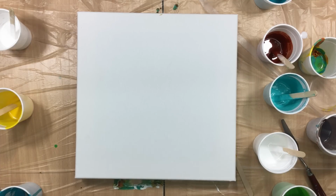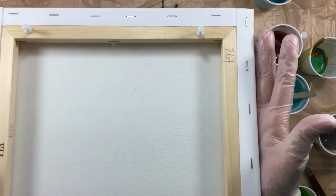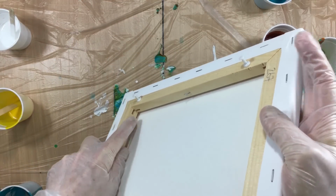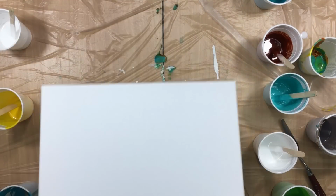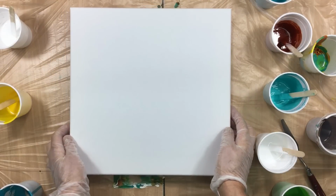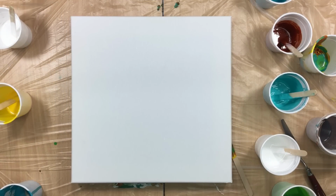Here we go. So like I promised, ooh, let me see, what's this? Can you hear it? That's a sign that it's pretty well stretched, and it doesn't even have the little things in the corner, but if you can hear it, it's like a drum. So that's a sign that it's very well stretched. So I'll put it back so you can see it, because I was going to do another